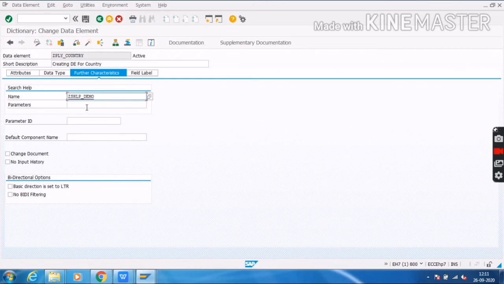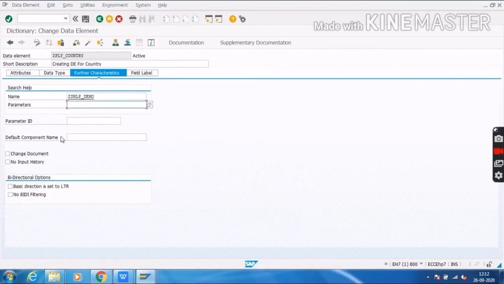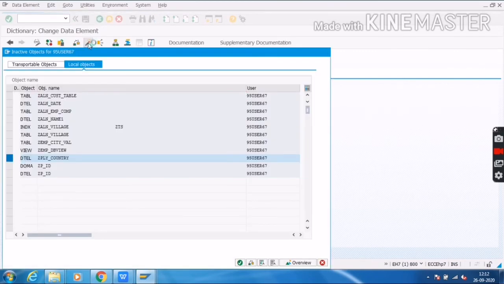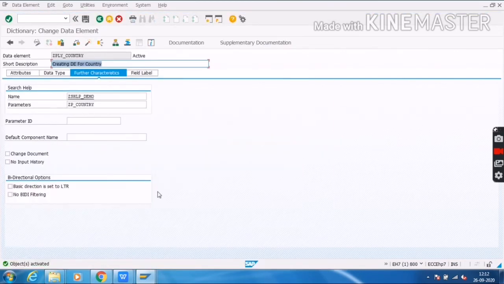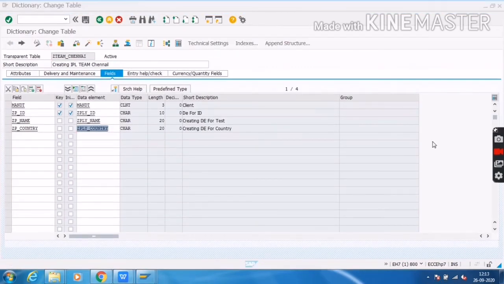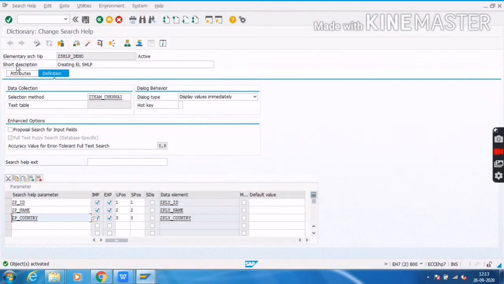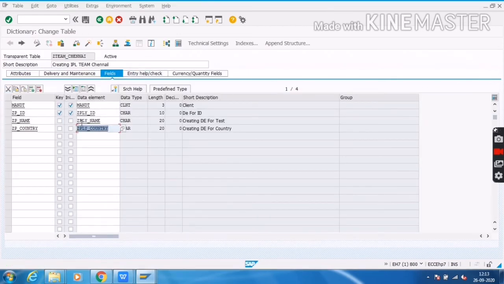I will provide my search help name and parameter, click on save, and then click on the activate button. Now it got activated. We have successfully created one custom elementary search help and assigned it to these three fields.